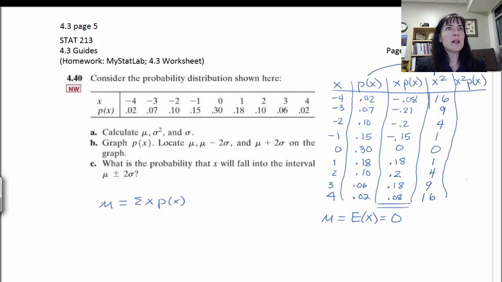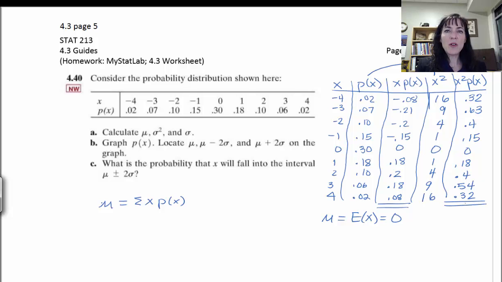So 16 times 0.02, that's going to give me 0.32, and then I get 0.63, 0.4, 0.15, 0, 0.18,